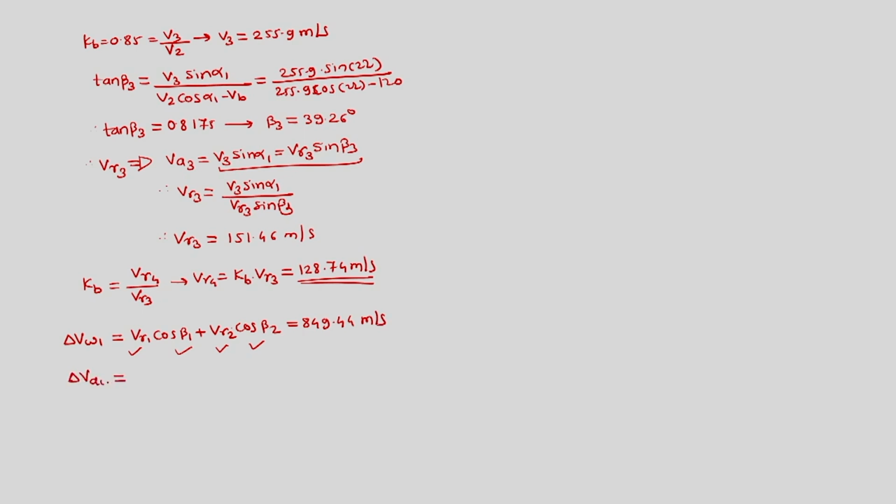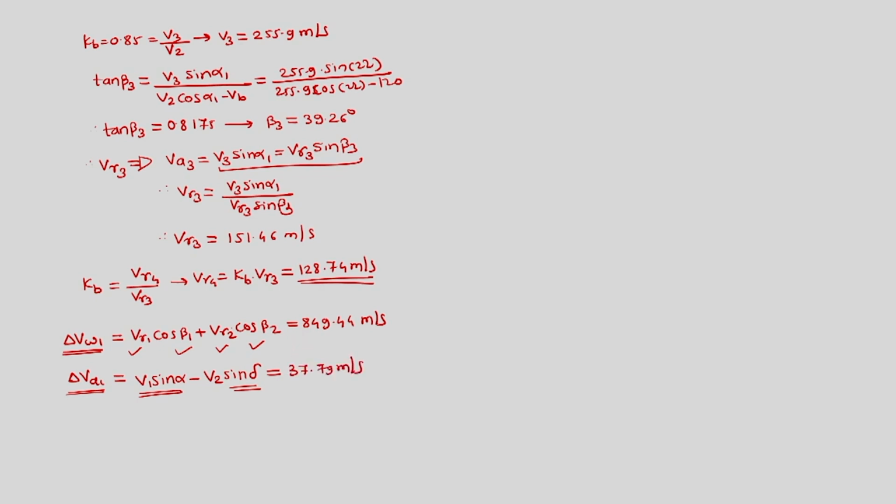Similarly, for axial thrust, the change in axial velocity for stage 1 is equal to V1 sin alpha minus V2 sin delta. Alpha is known, V1 is known. We can find this and we get it as